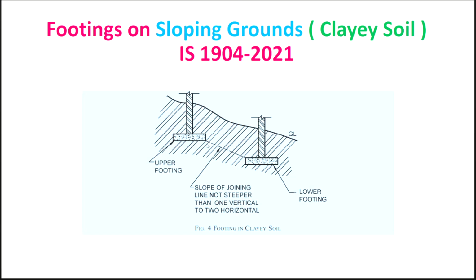Likewise, it can be for a clay soil. Now the same strata, but it's a clay soil. Now here, the angle from the bottom of this footing is up to the top of the other footing. And again, the criteria remains the same: the slope of the joining line not